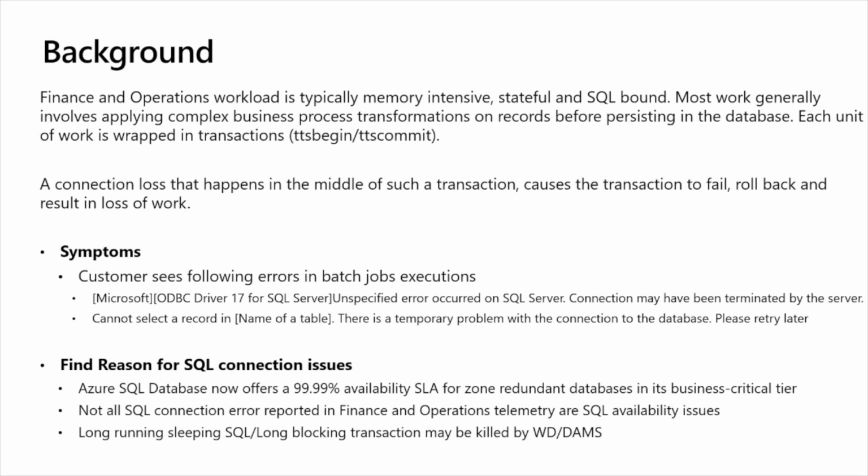For any SQL connection outages, we have a query that you can find from your Lifecycle Services. If you go to the environment monitoring and the activity tab, there's a query for fetching whether there is any SQL Azure outage for that particular environment during that period. So you can find out if there is any. However, there are a few error messages that you'll see, either with the batch job or user processes, with the same signature about the connection may have been terminated by server, but that's really not a SQL outage.